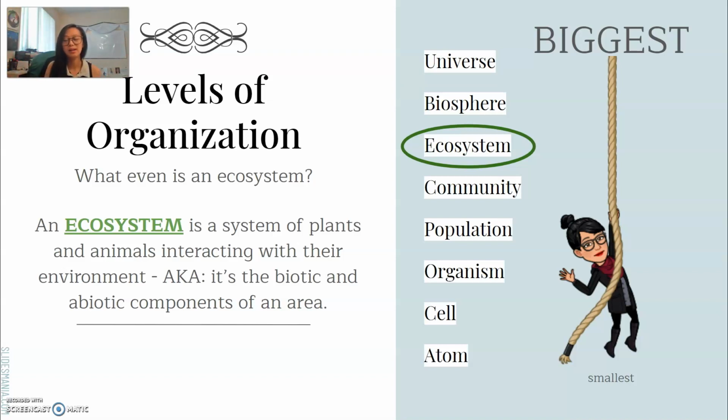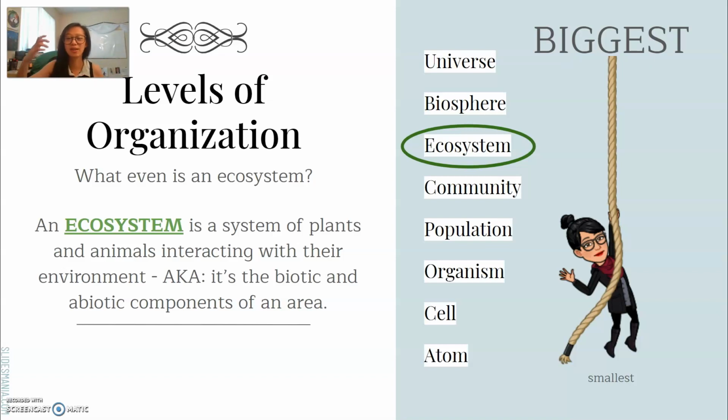A community is when you have different species there, so not just humans, but maybe dogs and cats and all of those things. All of those species interacting together would be a community. And then we get to ecosystem, which is what we're really talking about. This is a combination of all of those living things, different species, plus the environment. So also the abiotic, non-living things are part of an ecosystem. Like in this definition, the ecosystem is really both the biotic and abiotic things in an environment.